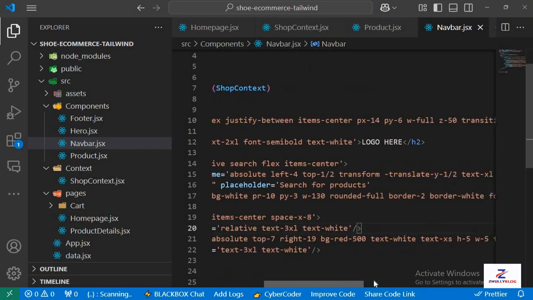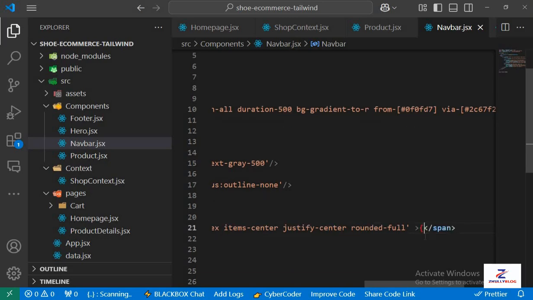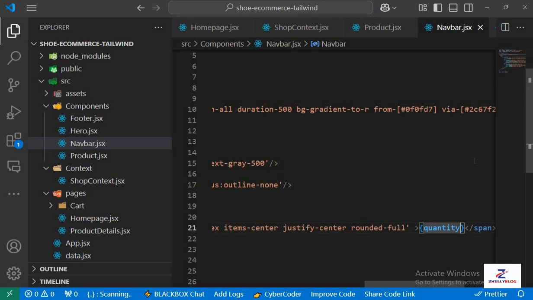Okay. We want to show the quantity of items that we have in the cart. Here I indicated it as 0, so I'm just going to replace it with quantity. Okay, so let's test if all of this is working. Let's test if the item is adding to cart and if the quantity is going to reflect in the navigation